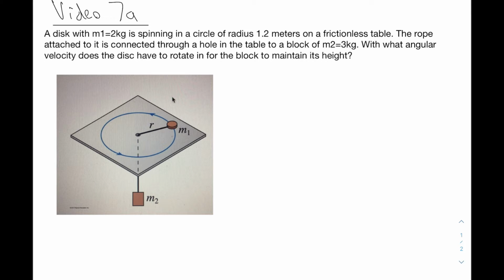A disk with mass m1 of 2 kilograms is spinning in a circle of radius 1.2 meters on a frictionless table. The rope attached to it is connected through a hole in the table to a block of mass m2 of 3 kilograms. What is the angular velocity required for the disk to rotate in order for the block to not move? So let's start with the mass of the disk,